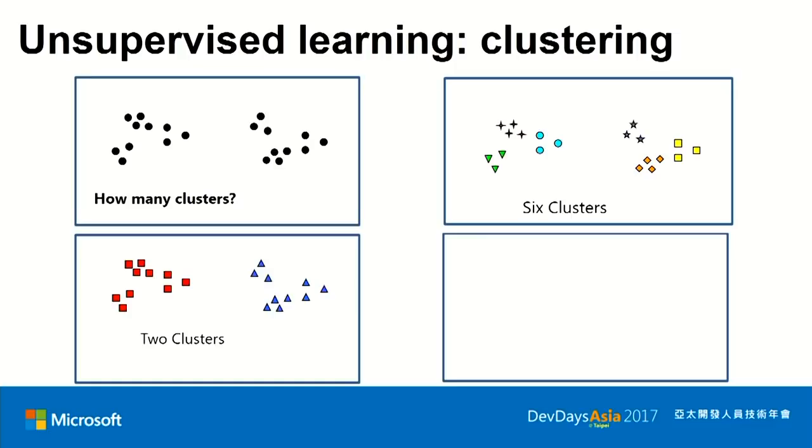Right? So here's an example of 2 clusters and 6 clusters. Both of them look reasonable, and it depends on what we choose. If we have 2 clusters, we can agree that maybe we have a simpler model. Simplicity is usually good. It means we have to spend less time trying to understand it. If we choose 6 clusters, we have more details. We have a more complex model, and we have to try to understand it. If we look at the data points on the left and the data points on the right,